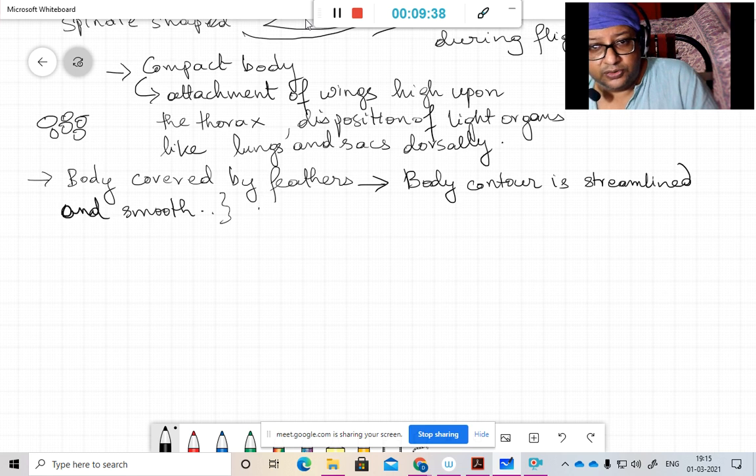The feathers also insulate and protect the body